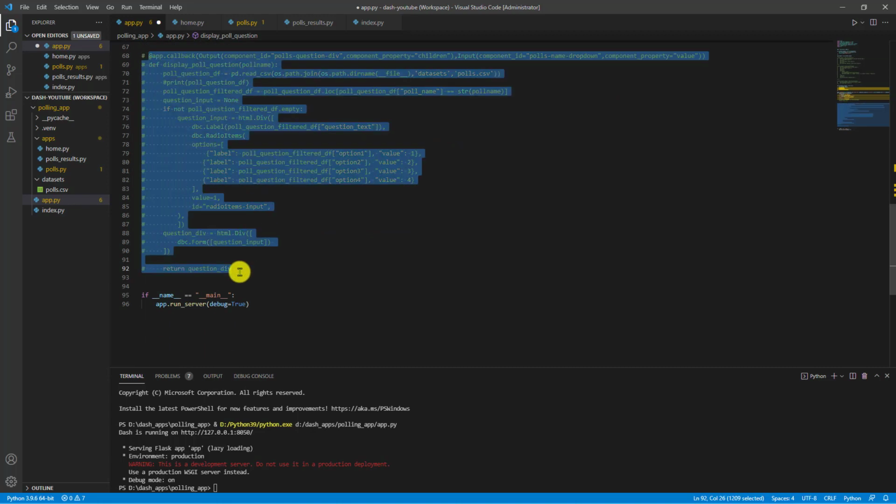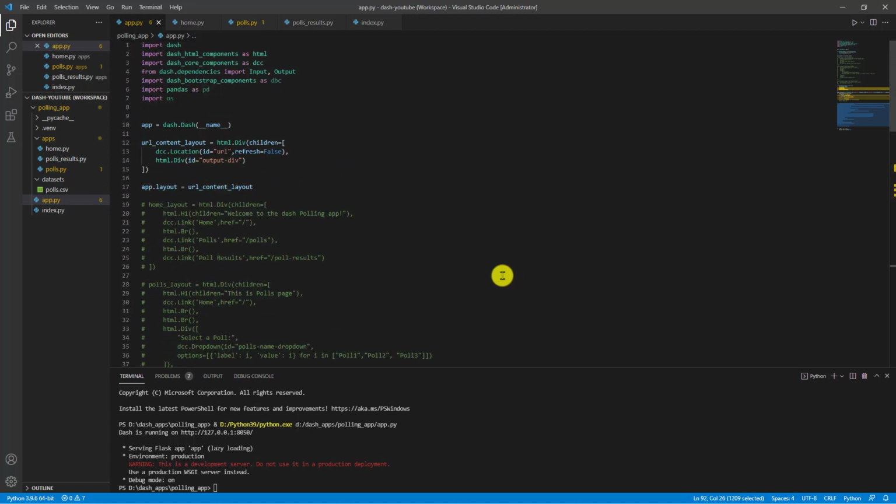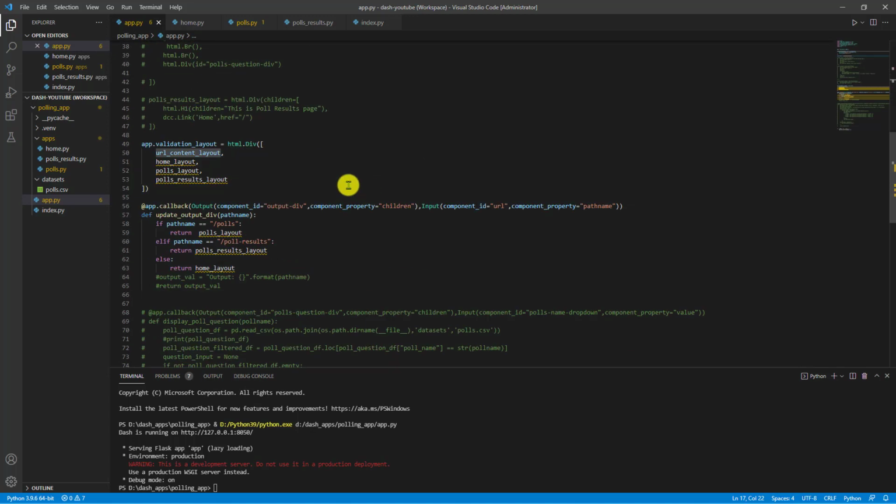So we are removing a lot of code here, if you see it, right? So for now we have only this URL content layout, which we are setting into app.layout. If you remember from the previous video, that is present, as well as the validation layout. There is one callback where basically we are setting the layout for the different pages, that is also present over here.